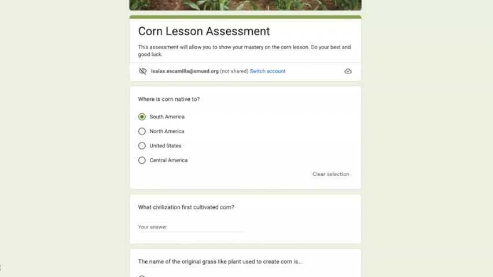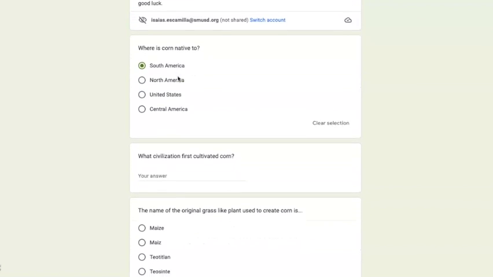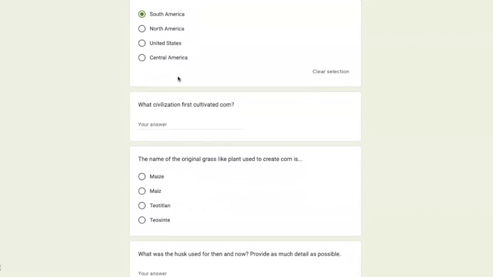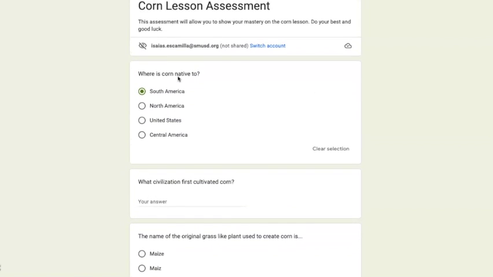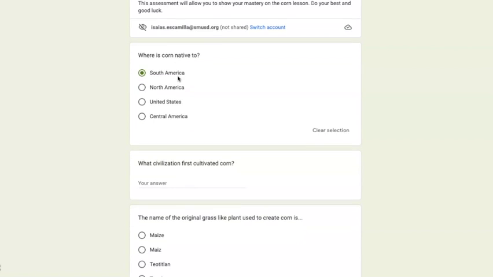Once they have reviewed the information that was provided, done the research, and presented it, I will assign them this little quiz. Hopefully if they review the information that was given to them, it'll be fairly easy for them to get a good grade on this assessment.